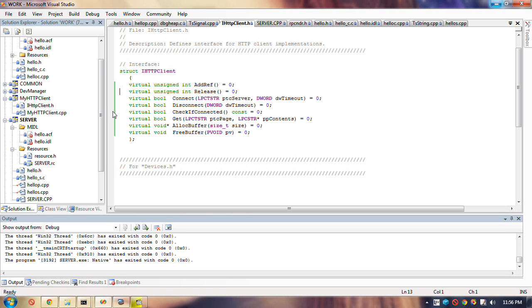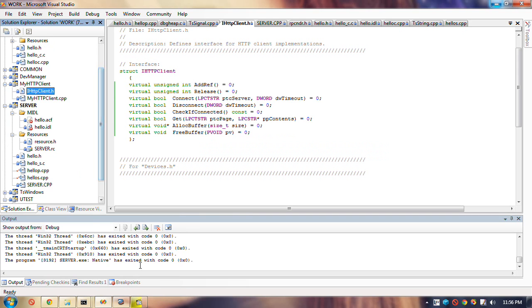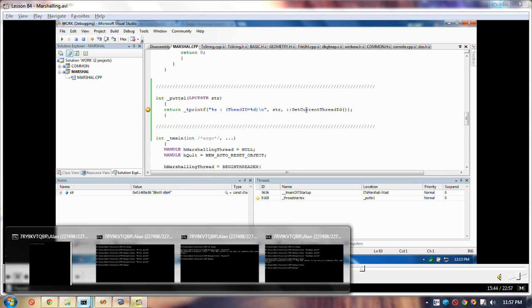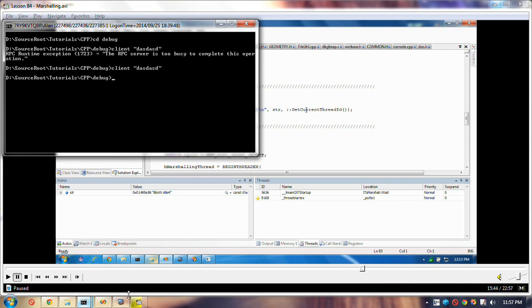Now, is there something else I wanted to say? I showed you that there were various threads, that it's blocking, that it's another example of marshalling, which you can learn about by going to lesson 84 on my page. It's a very simple concept, and it comes up everywhere. It's a very important concept. And RPC, as you just saw, these remote procedure calls are marshaled calls. They're blocking calls,